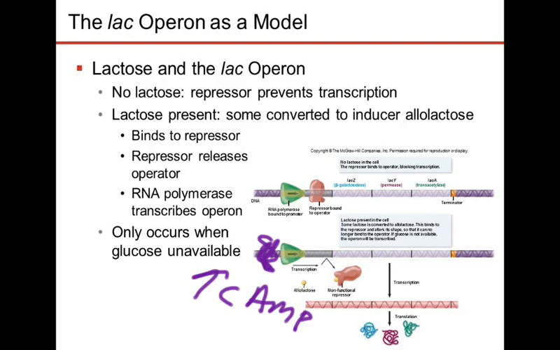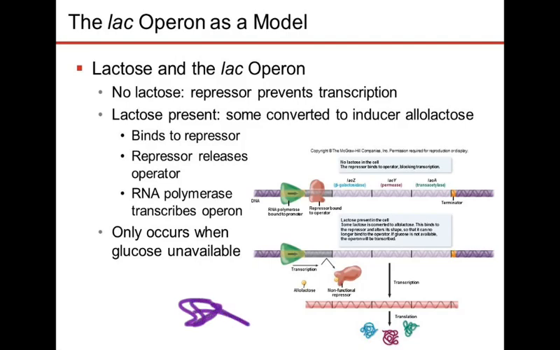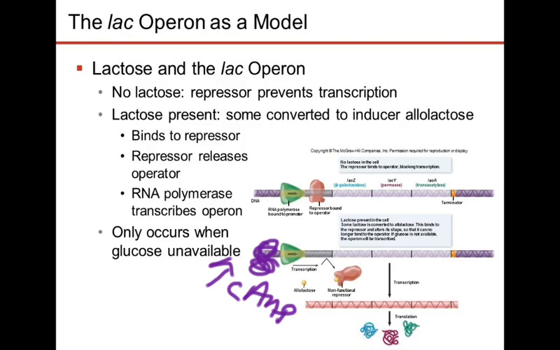And so when there's glucose in the environment, there will be very, very little cyclic AMP, so the cap activator protein is not able to bind onto that region, and it can't transcribe. So basically, that cap activator protein is necessary to come in and stabilize RNA polymerase on this promoter. RNA polymerase can't bind to this promoter and can't start transcription unless the cap activator protein has come and bound here, and it can only come bind if the cyclic AMP level is high enough in the cell.